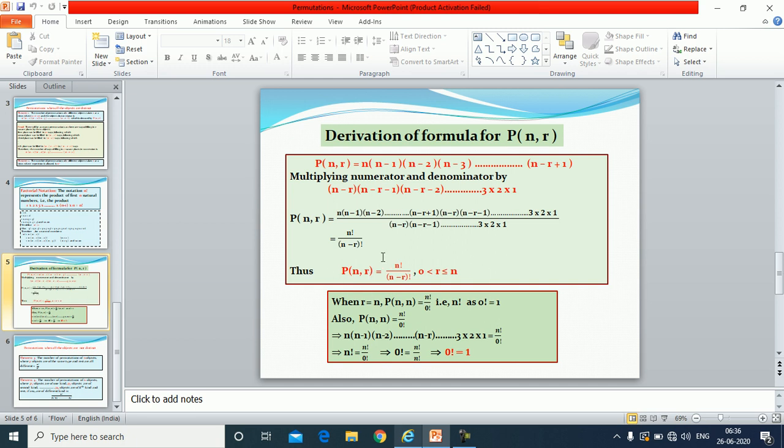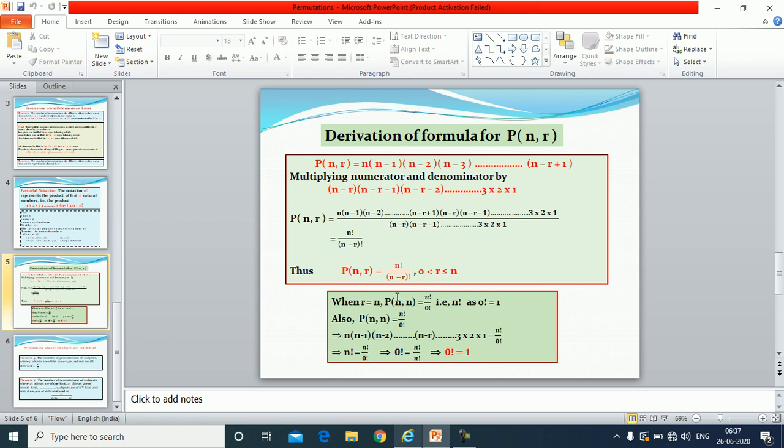See, this expression is only for n objects taken r at a time where we are not allowing the repetition. If you look at this product, this is obtained only when objects are not allowed to repeat. So here all the objects which you are arranging are different. No repetition has taken place. Okay. Then only this form of result can be used. Now let us put some conditions on r and check what it reduces to. Suppose r becomes n, then we will have permutation of all the n objects.